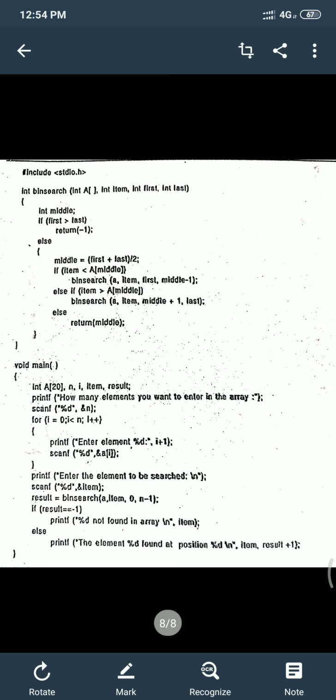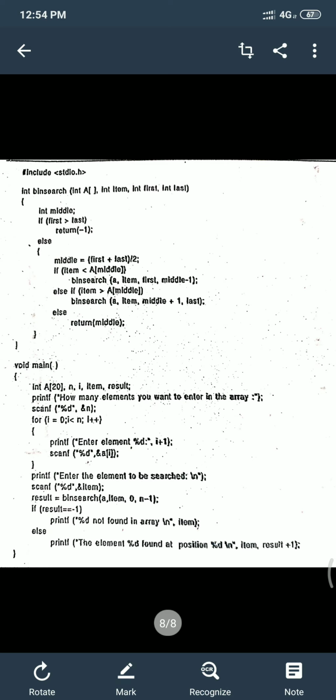In binary search, if the array is of large size, all the entries are first arranged in either ascending order or descending order and then divided into two halves. The required entry is first compared with the middle element. If they are equal, the search has completed successfully.